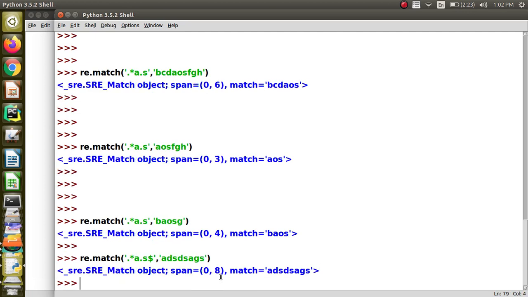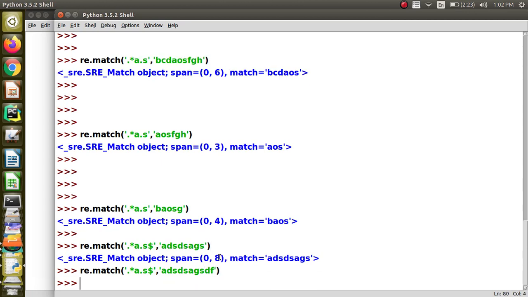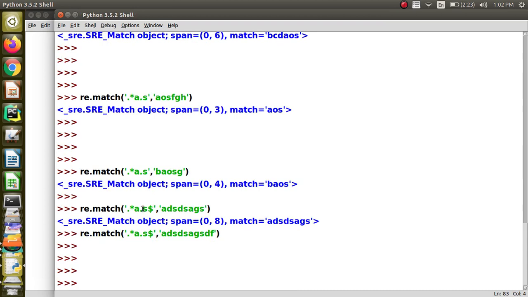For this one, it will return true, because it is finding it here. But if I add something after it, then it will not work. Understand that this is the third operator that we are seeing, dollar. When we put the dollar in the expression, it means that will be the end. Nothing should follow after it.